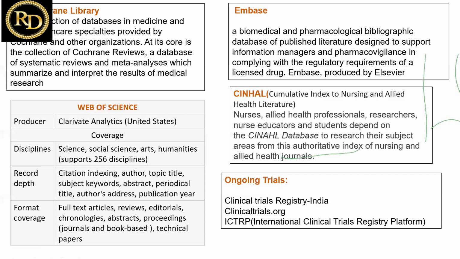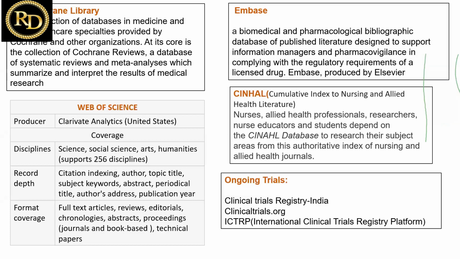It is the product of Elsevier, and we have Web of Science, which is mainly for the sciences as well as social science, arts, and humanities disciplines. Then we have CINAHL, and we can also have other databases like Scopus and ProQuest, which is the gray literature database. And we can also search